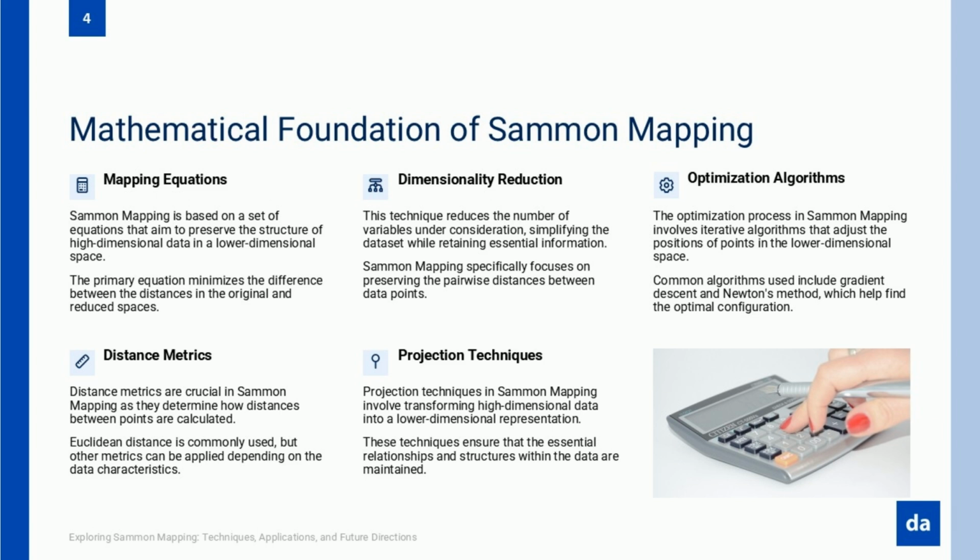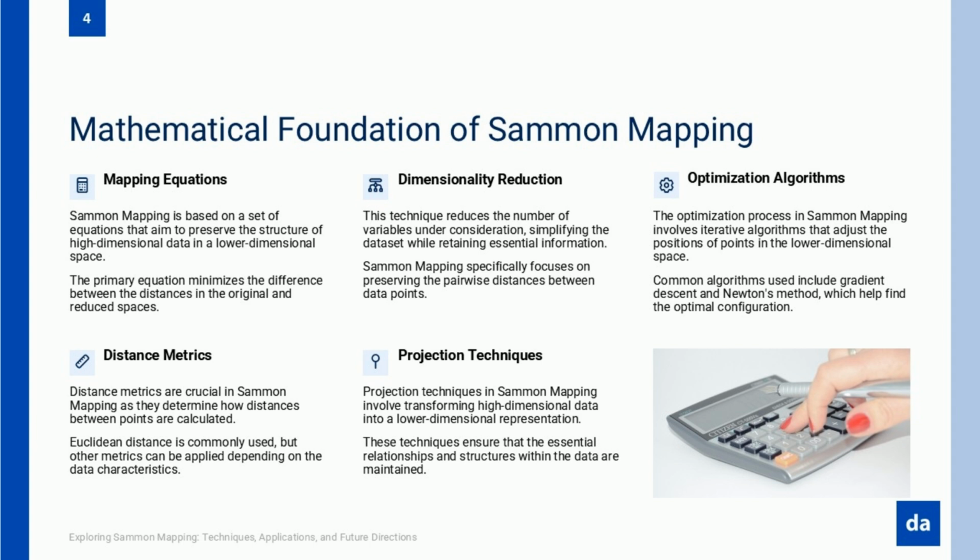Here's how it works. First, we calculate the pairwise distances between all data points in the original space using a chosen distance metric, typically Euclidean distance. Then we place those points in a lower dimensional space and adjust their positions iteratively using gradient descent. The goal is to minimize the difference between the original and projected distances, ensuring that close points stay close and